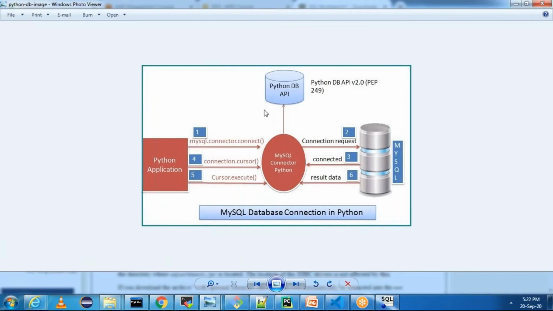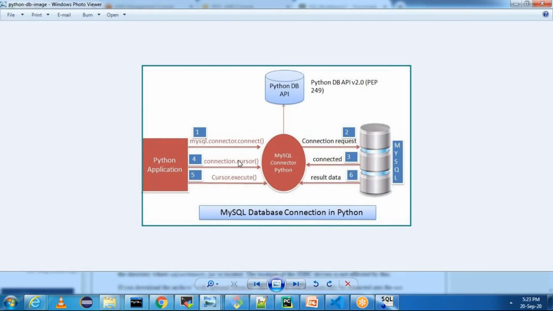Let me explain the functionality. We are going to use a module called MySQL connector. Once we have the MySQL connector, we are going to call mysql.connector.connect, and then we will create a connection request. Once we are able to connect to the database, we are going to create a cursor object and execute the query. And finally, we will get the result saying how many rows were inserted. This is what we are going to do end to end. And we can even read the data back once it is inserted. Let us get started with the implementation steps.